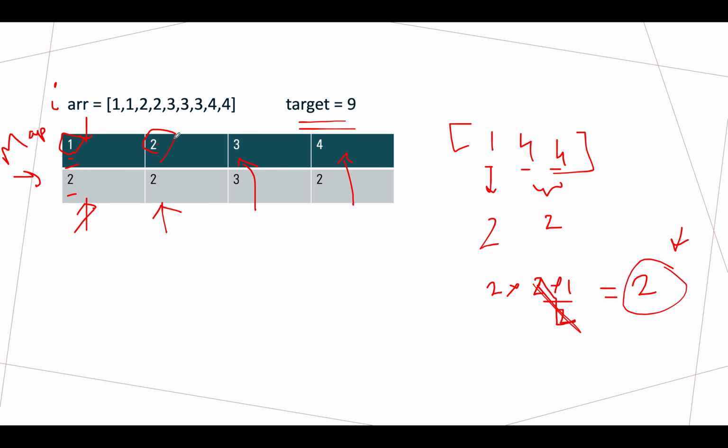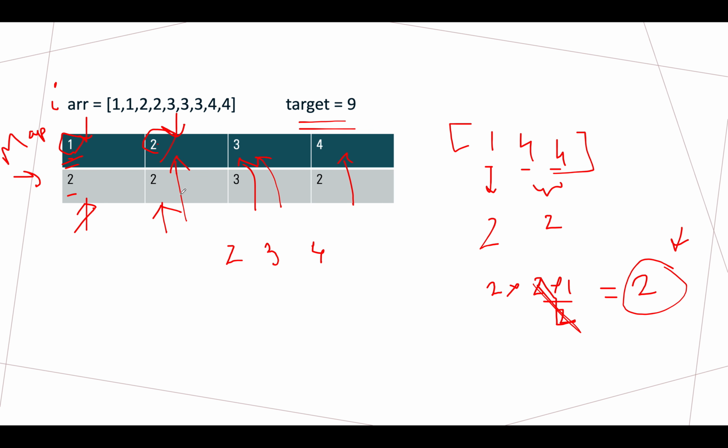Let's move on to the second iteration of i, the outer loop. We are here at 2, we'll start from 2 and we will skip the element because this is lower than this element. And let's come here, so we have 2 and 2, which is 4. 9 minus 4 is not there in the map, we'll move ahead. So now we are at this element, 2 and 3, 5, and 9 minus 5 is 4, which is there in the map. So we got the second case, which is 2, 3 and 4.